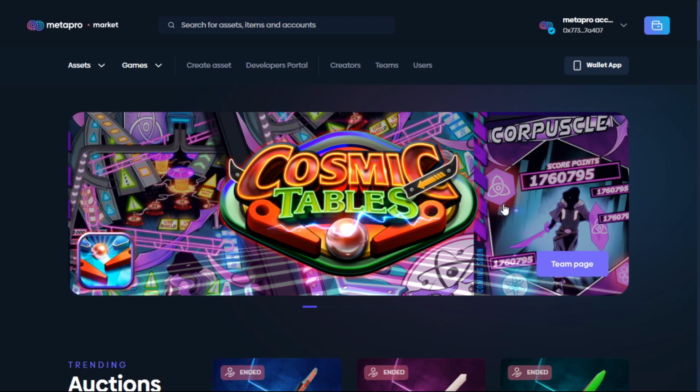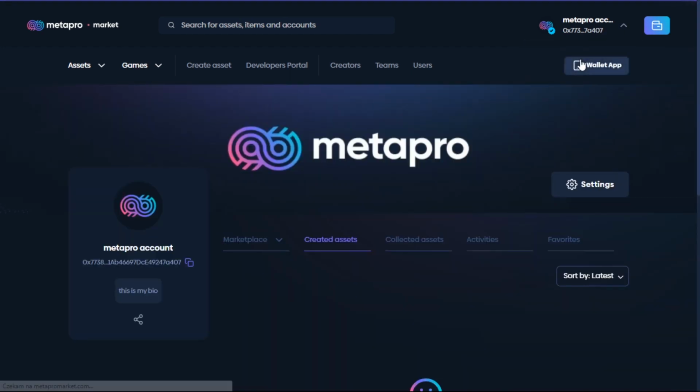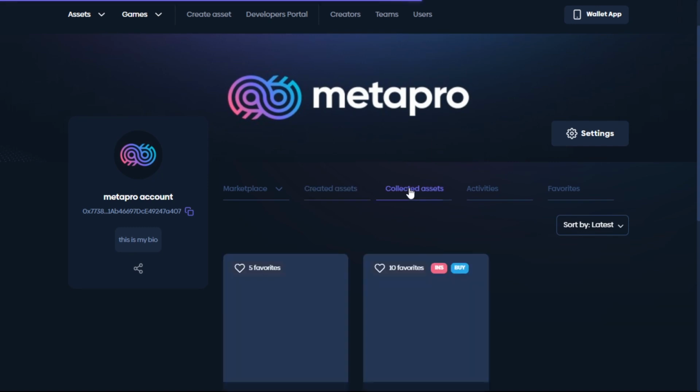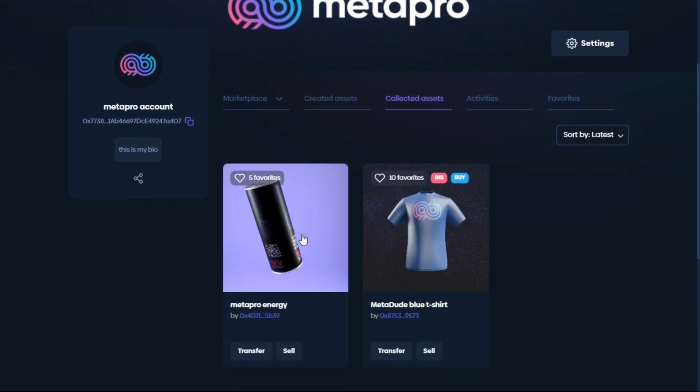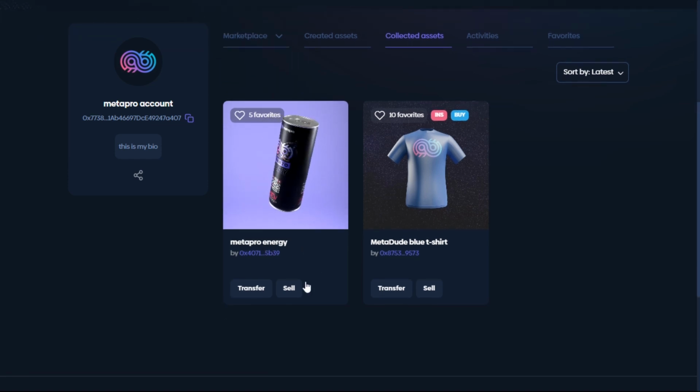So now that you are logged into your wallet, we can start selling the NFT. So first of all, you're going to have to click here, then onto profile, and after that go to collected assets. And as you can see, here are my assets. And I'm going to be selling the Metapro energy. So I have to click sell